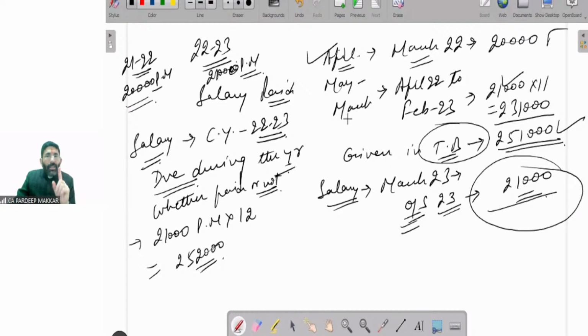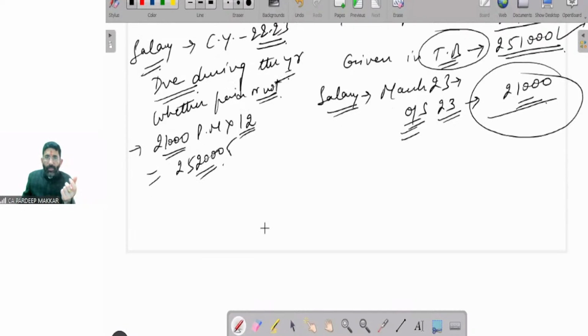बट जब हम बात करेंगे प्रॉफिट लॉस की, या हम बात करेंगे कितनी ड्यू हुई ड्यूरिंग द ईयर, तो वो उतनी अमाउंट होगी जो हमारी एक्चुअल है। तो हमारी 21,000 पर मंथ सैलरी है, तो 12 मंथ्स की सैलरी पे करनी चाहिए। आपने पे करी नहीं करी, दैट इज नॉट ए मैटर ऑफ कंसिडरेशन। तो आपका जो एक्सपेंस है ड्यूरिंग द ईयर का, तो वो तो 2,52,000 है। हाउ टू गेट इट, इसको निकालना कैसे है? अभी निकालने के लिए, कैलकुलेट करने के लिए क्या करेंगे, ध्यान से देखने वाली बात है। ये काफी इंपॉर्टेंट पॉइंट मैं आपको करवा रहा हूँ, जो कि आपको पूरे चैप्टर में काम आने वाला है।